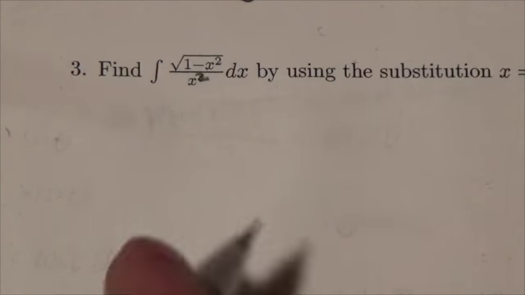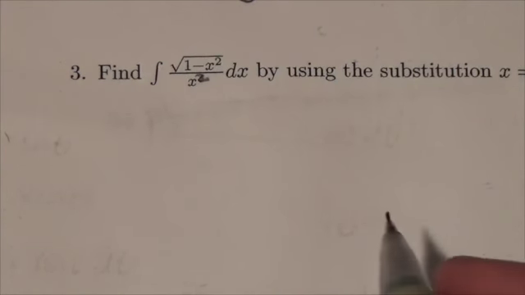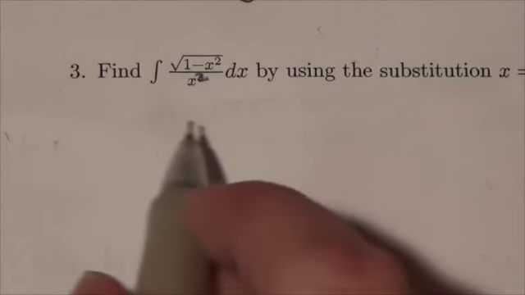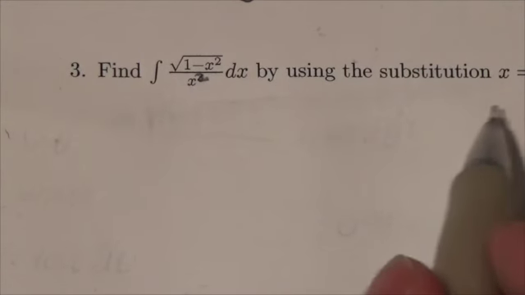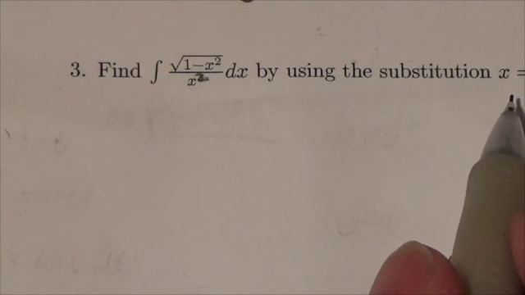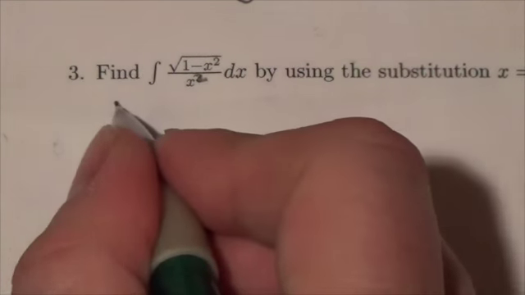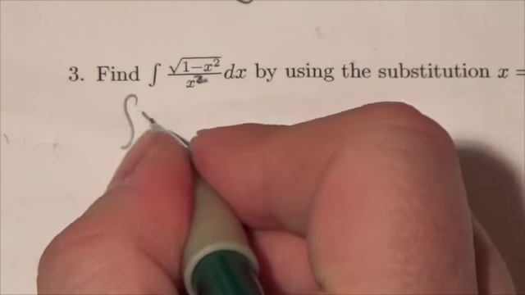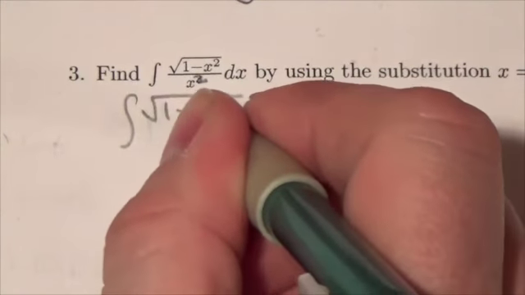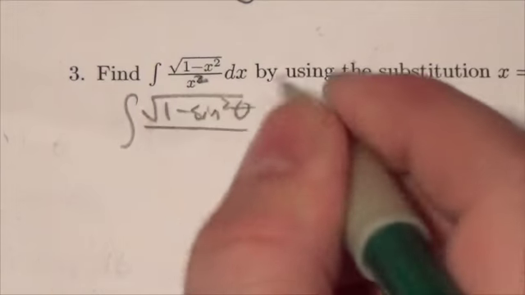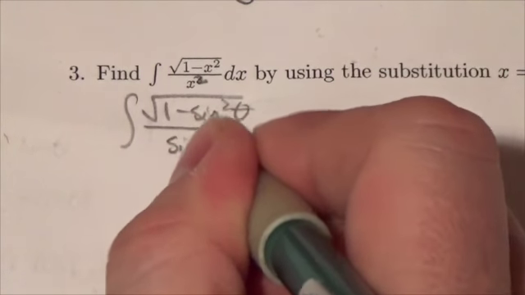Okay, hi everybody. This is the Math 31 integration review. This is question 3. We're going to answer this question by using kind of an interesting substitution, and it's going to be suggested to you in the problem here that x is going to equal sine of theta. So if that's the case, then we're going to get the square root of 1 minus the sine squared of theta over the sine squared of theta